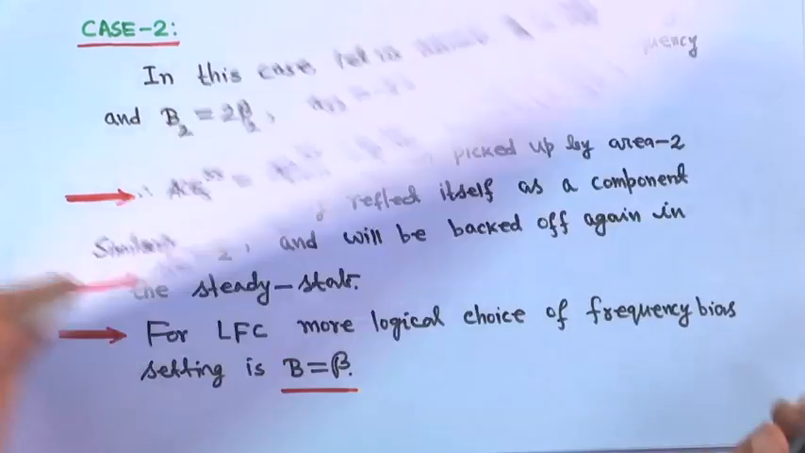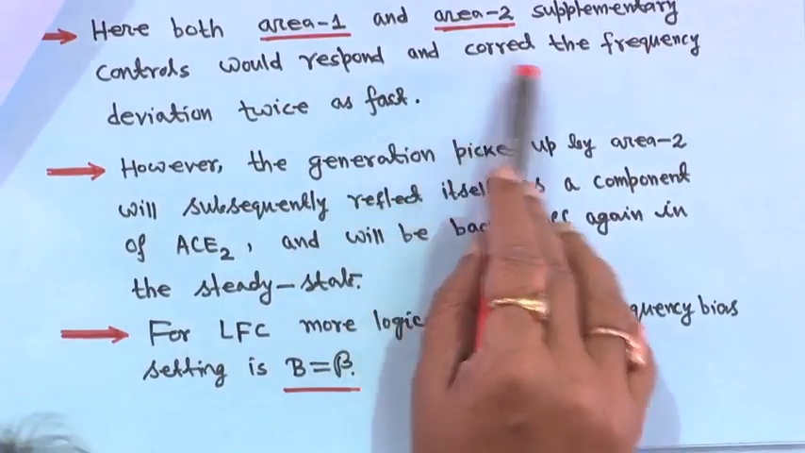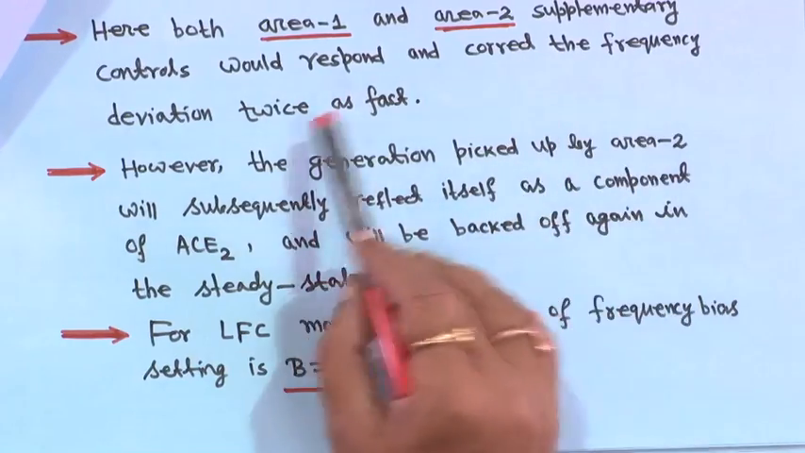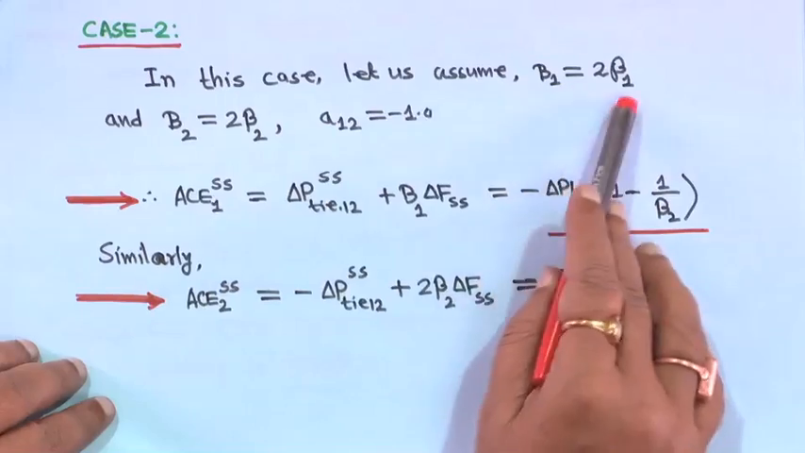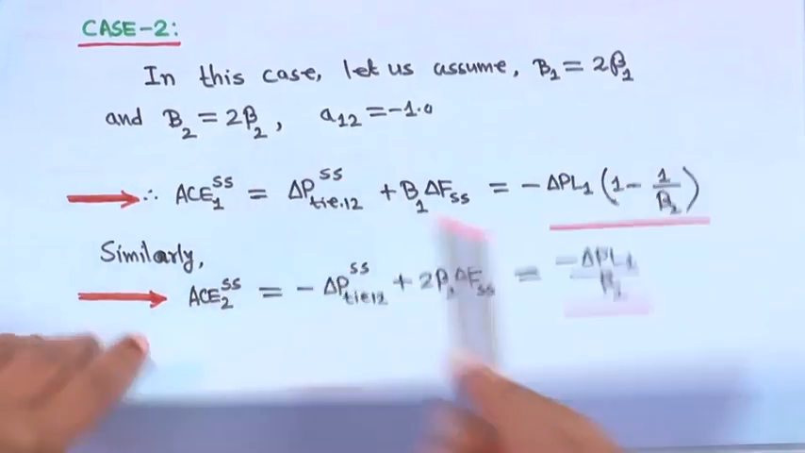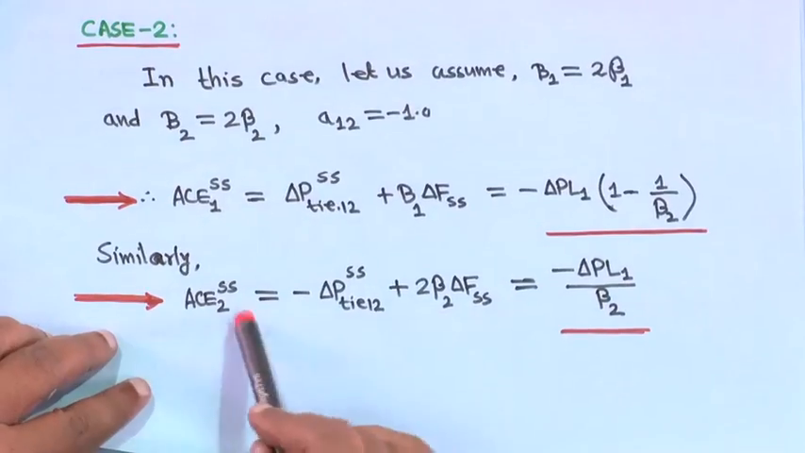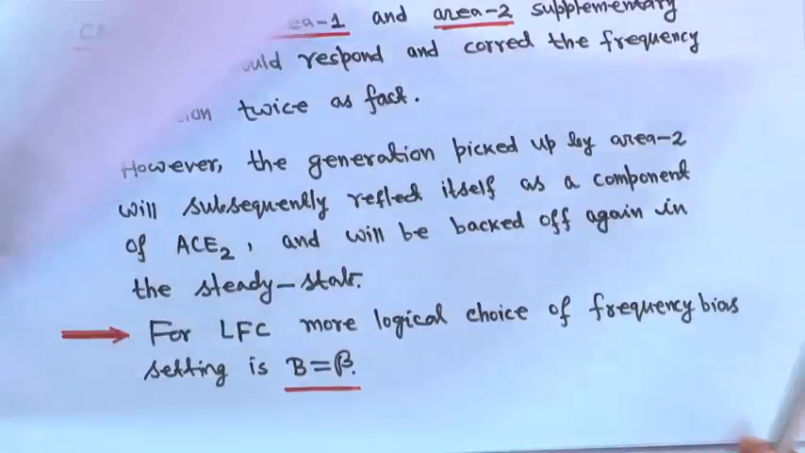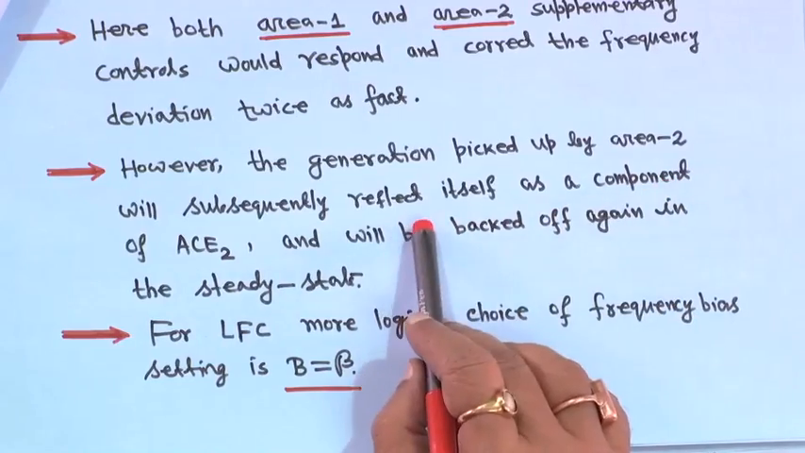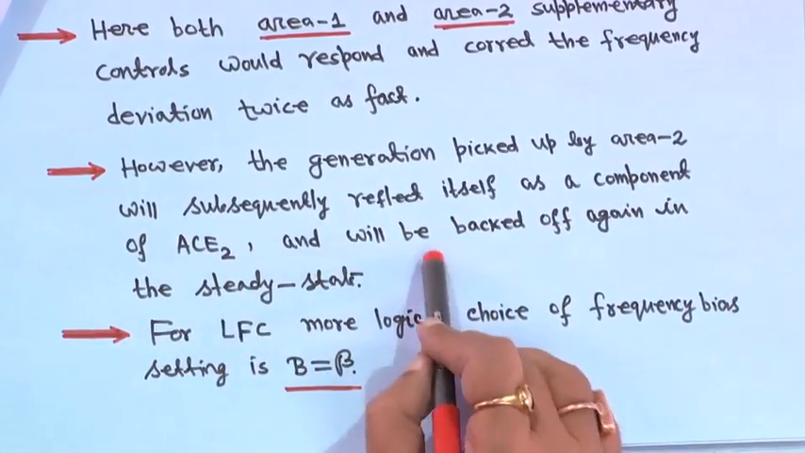So, that means here both area 1 and area 2 supplementary control would respond and correct the frequency deviation twice as fast, because we have taken B1 equal to 2 beta 1, B2 equal to 2 beta 2, right. However, the generation picked up by area 2, that means ΔPG2 steady state is given by minus delta PL1 upon beta 2, right, picked up will subsequently reflect itself as a component of ACE2, right, and will be backed up again